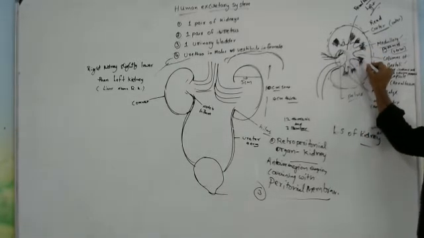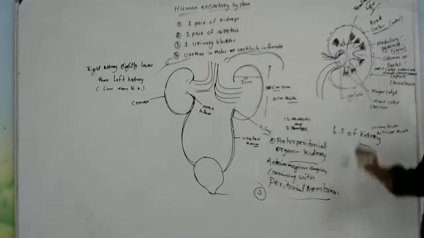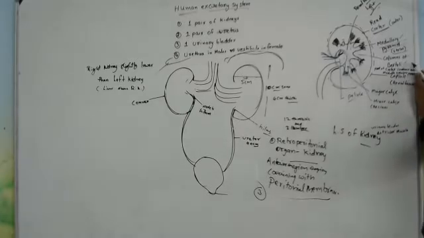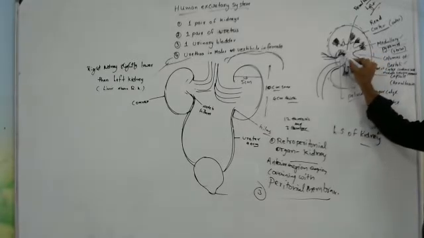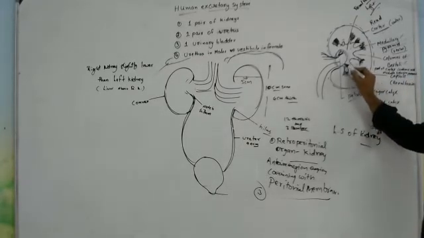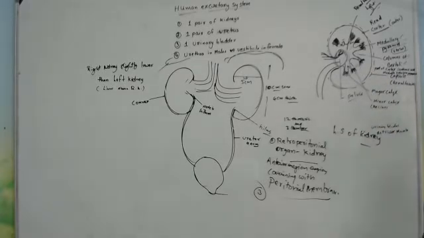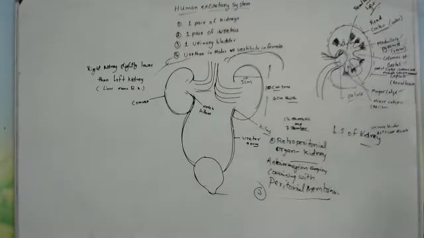In the kidney, the outer cortex extends between the medullary pyramids, and these are the columns of Bertolli. The pyramids extend into a structure called the pelvis. The pelvis is divided into minor and major calyces. Minor and major calyces, and the minor calyces receive urine from the medullary pyramids. Okay, try to remember that much.